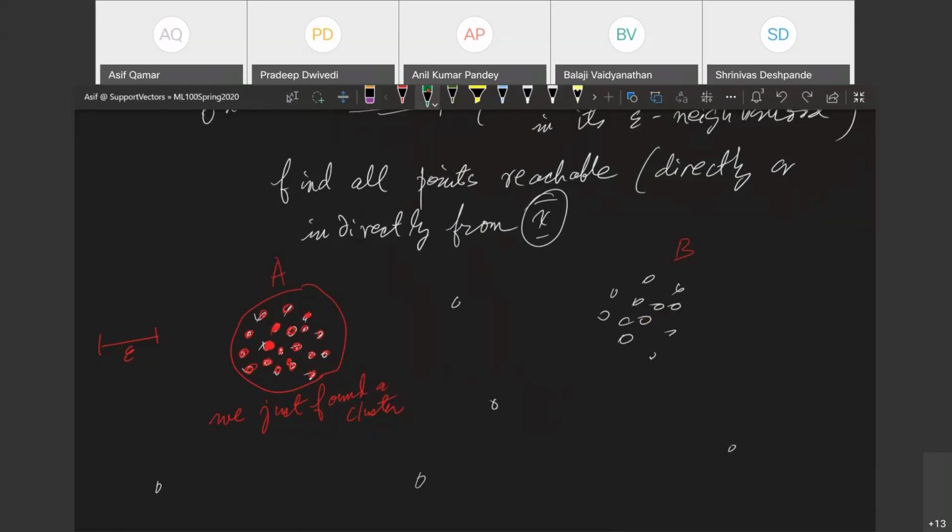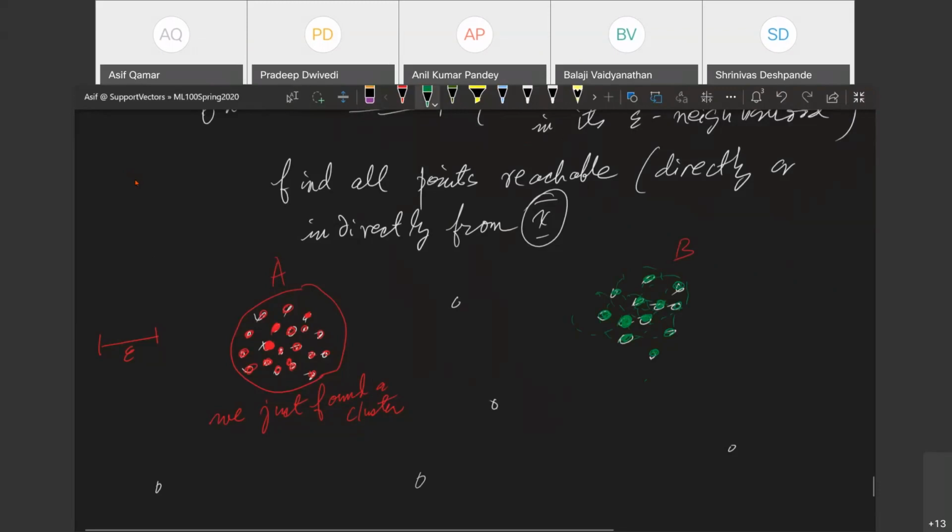Yeah, so what we do is, let's take this point. Suppose you take this interior point. What will you do? You will find the circle here. Suppose the number of neighbors I need is 3. I end up coloring these as my neighbors. Then from each one of these, again, you draw another circle. You will end up picking up more points, right? And this point will get colored because you're continuously drawing circles around each of the interior points. So you will end up coloring all the interior points.